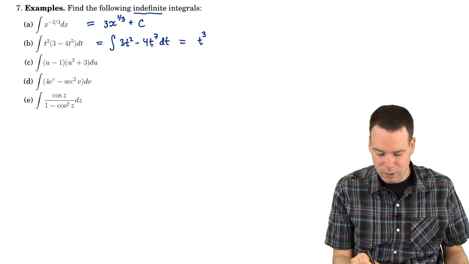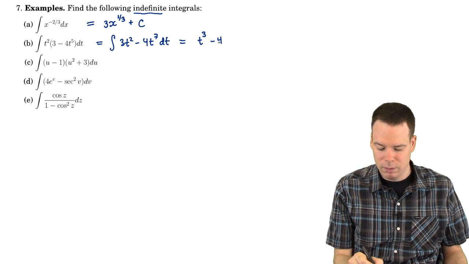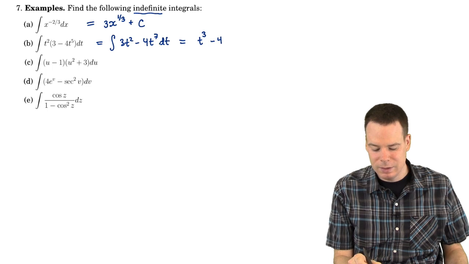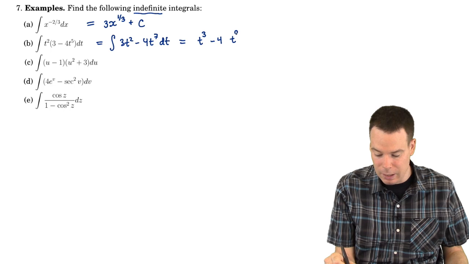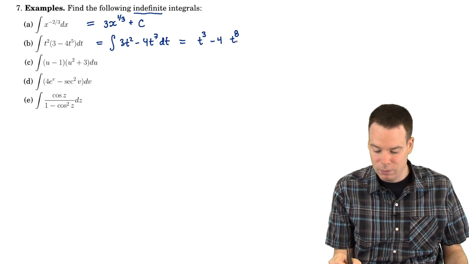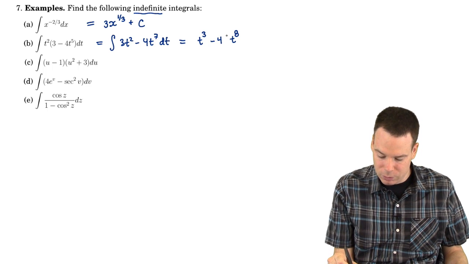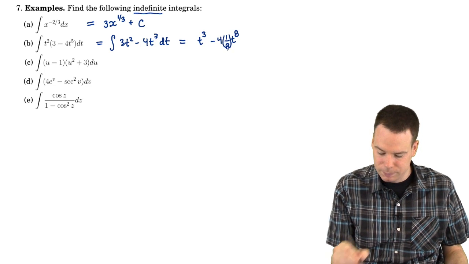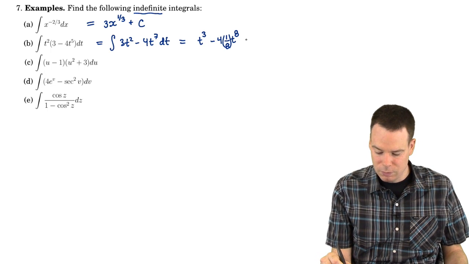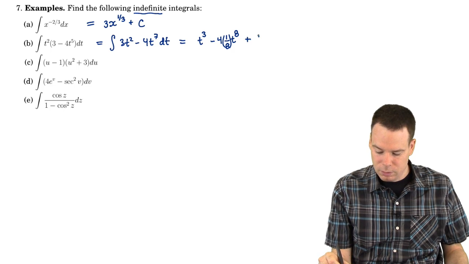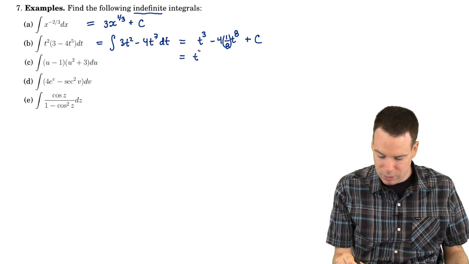What has a derivative of negative 4t to the 7th? Well, I can leave the negative 4 there and then just figure out what is the antiderivative of t to the 7th? What has derivative t to the 7th? Well, it would have to be t to the 8th. Because when I take that derivative, the exponent would change from an 8 to a 7. But the 8 would come down, so I have to make sure that I have a 1/8 in front to catch that 8 as it falls, because I need the 4 to be the coefficient of the result. And so I add a constant plus c,